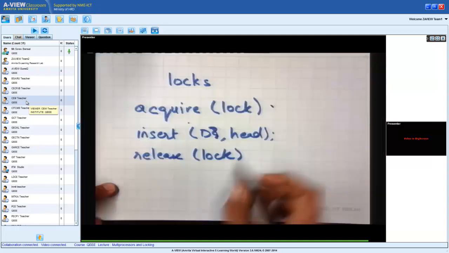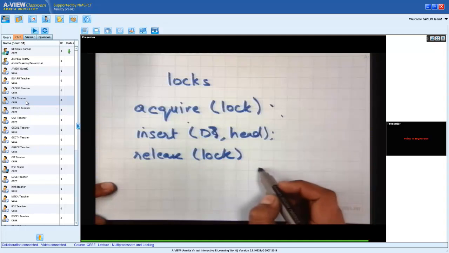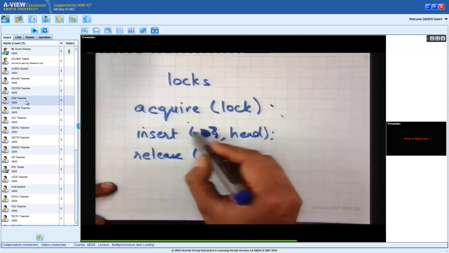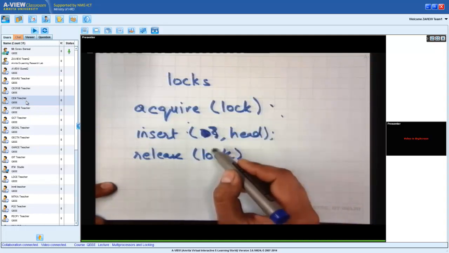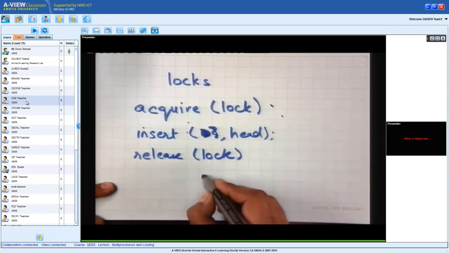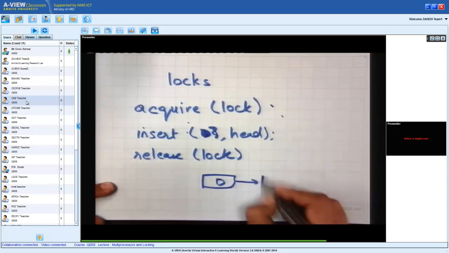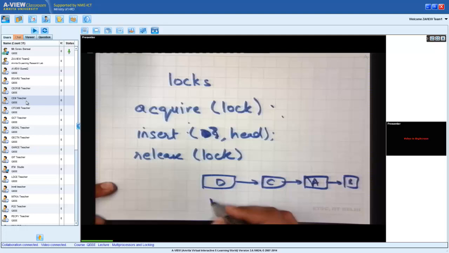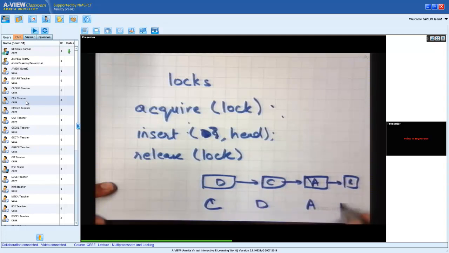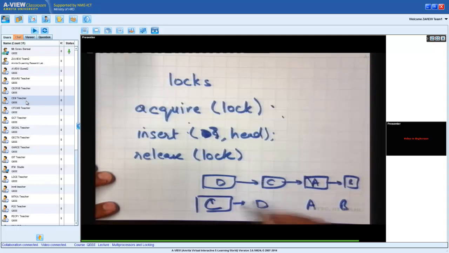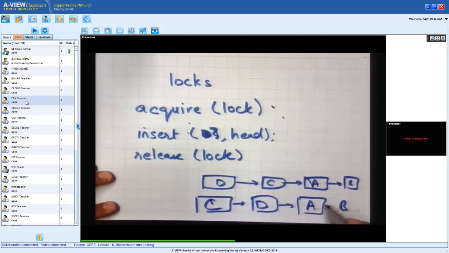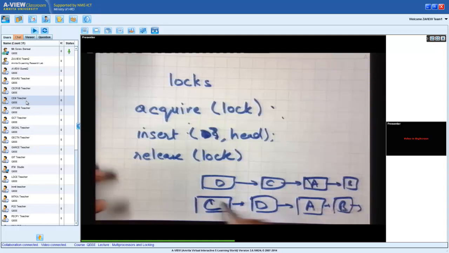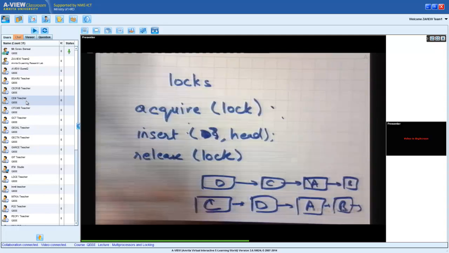So for example, if I always acquired and released the lock, then I will either have DCAB or ABC or CDAB, right? Never anything wrong, right? So I'll always have structures like this. So basically what I've done is that I have